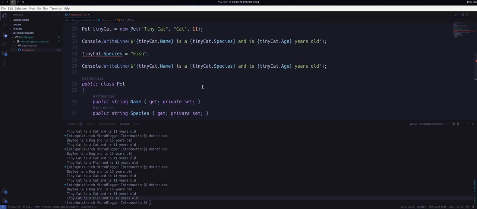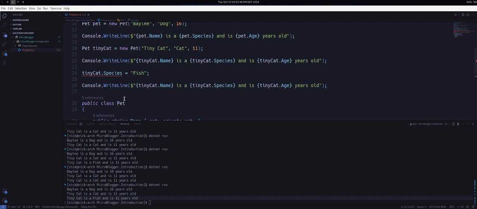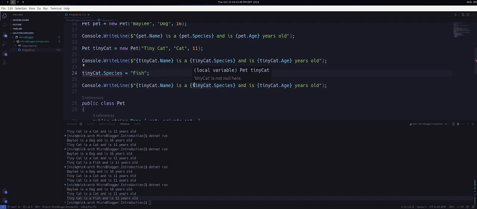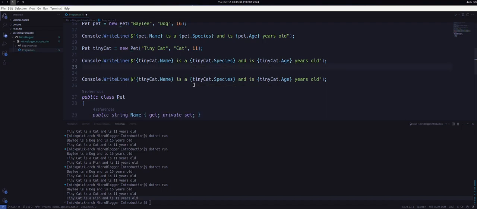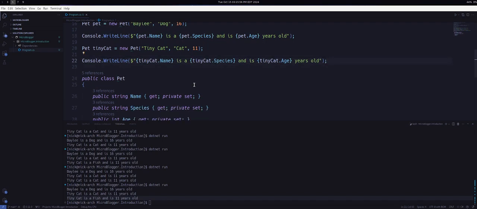And the reason we're doing that is now, you see here, tinycat.species equals fish, we're getting an error here. And the reason for that is our setter is private. So nobody outside of the pet class can actually change the species. And if we hover over here, the property or indexer pet.species cannot be used in this context because the set accessor is inaccessible. So that's just a long way of saying this is private and you can't use it. So great, that's that requirement done. We can no longer change a pet's species, name, or age. However,